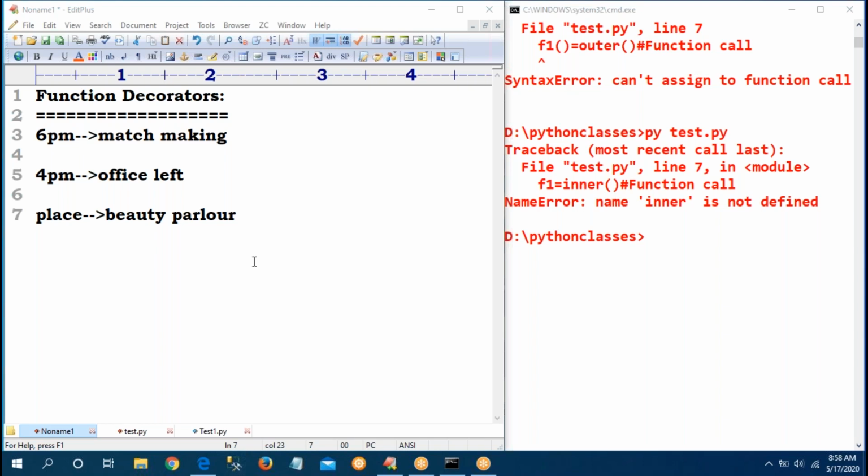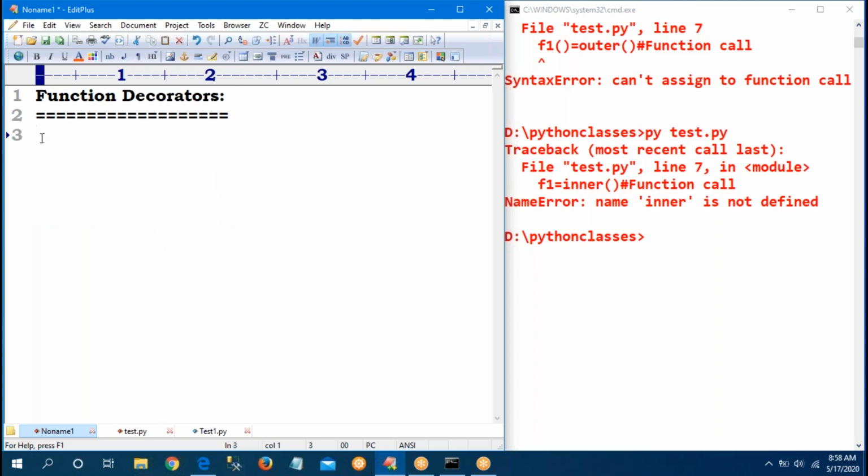A decorator is also a function which can take a function as an argument, give extended functionalities, and return the modified function with that functionality. If anybody asks what a decorator is, it is just like a beauty parlor. One person enters the beauty parlor, and whenever he comes outside, he comes with some extra glowing makeup and everything. This is the decorator concept also.